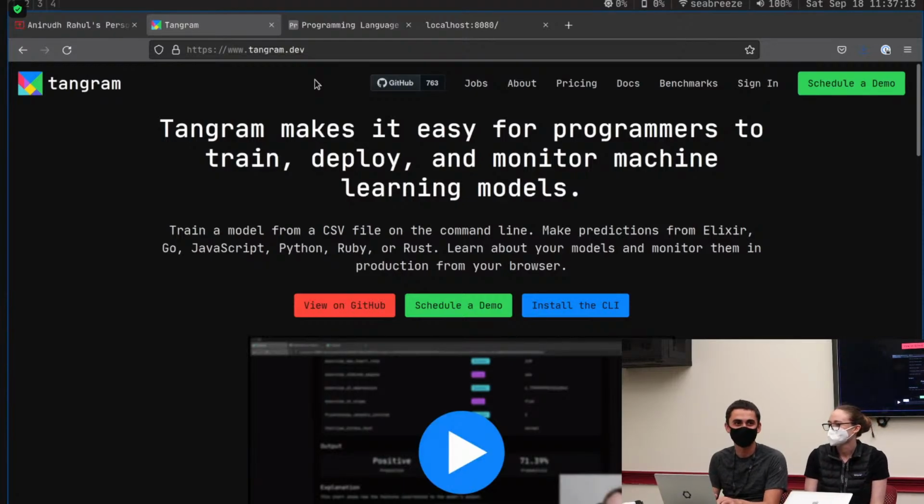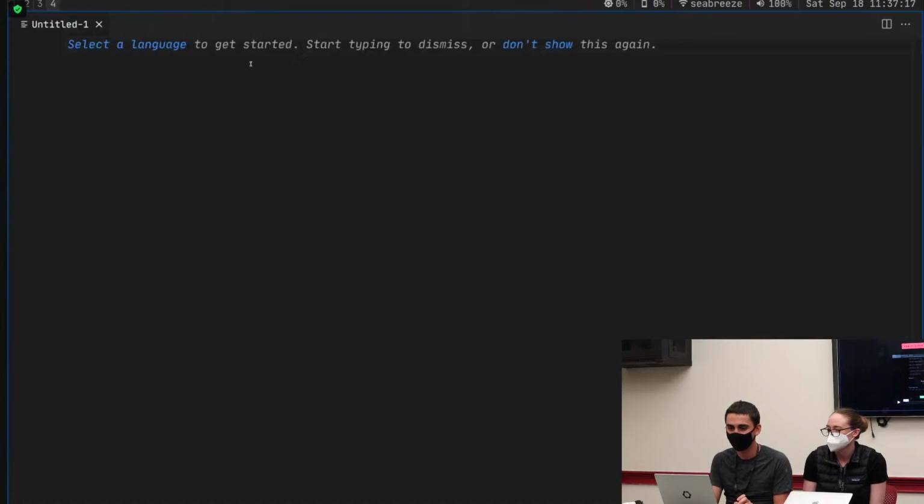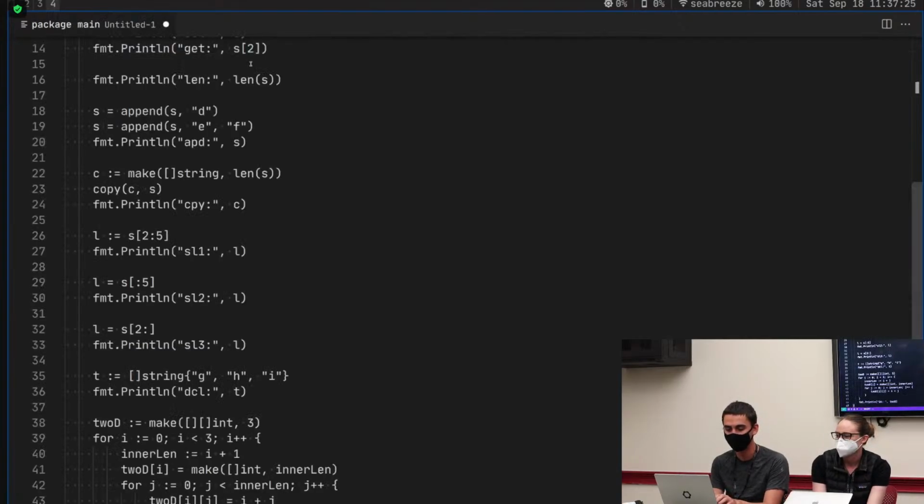Okay, so in this workshop, we're going to show you how to use Tangram to replicate a feature kind of like in VS Code. Recent versions of VS Code allow you to do something like this, where you create an untitled